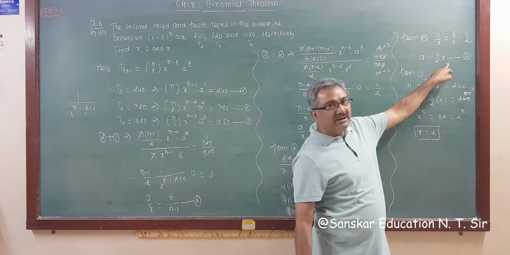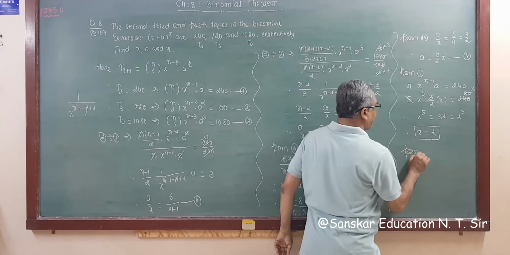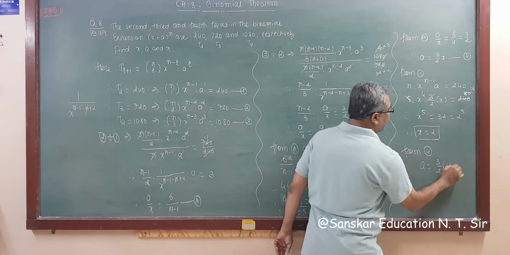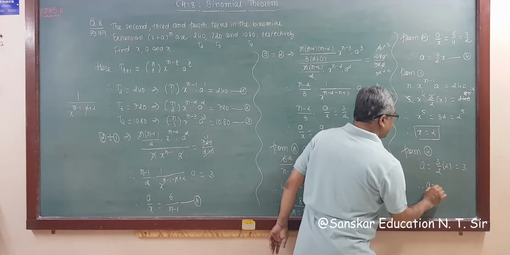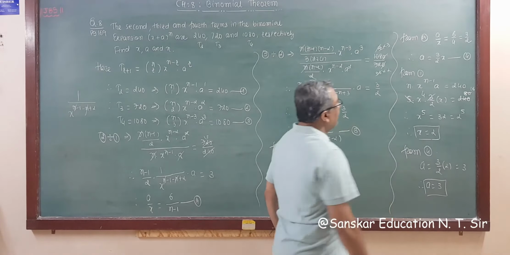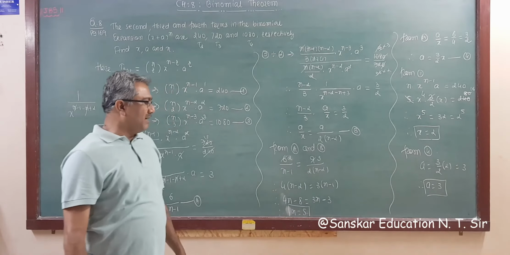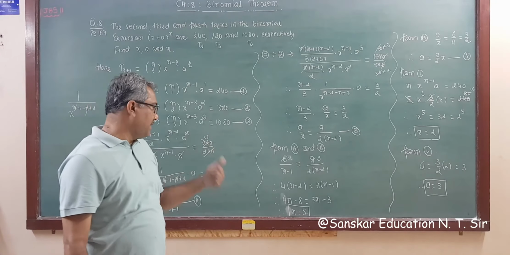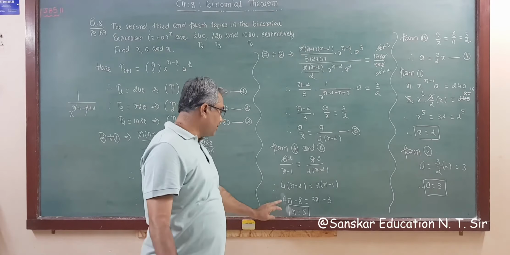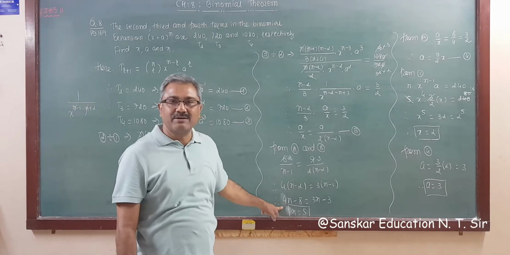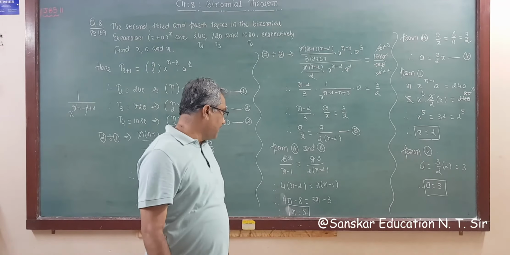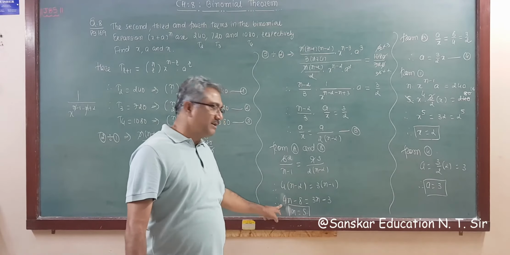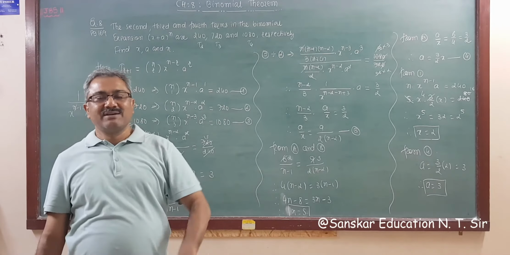Now substituting x equal to 2 in 4, we get a is equal to 3 by 2 into 2, that is 3. So the final answer is a is equal to 3. So the answers are x is 3, sorry 2, a is 3 and n is equal to 5, right? Sorry for this because we made some mistake here. Instead of 4n we wrote 8. I don't know how we wrote this. Yeah, we multiply 4 into 2, 8. So I write here the same as 8.